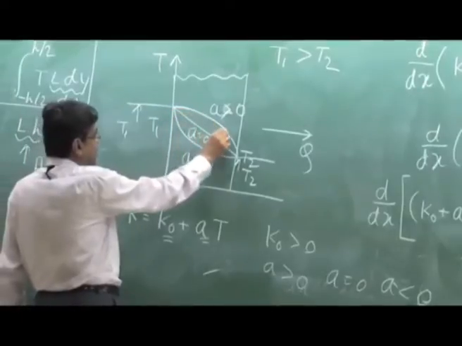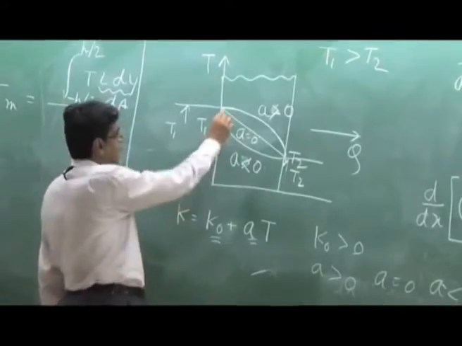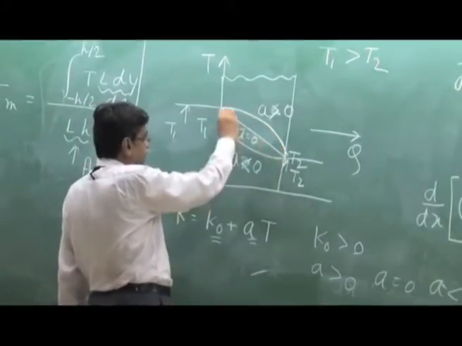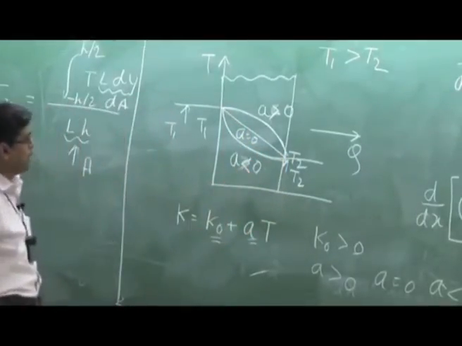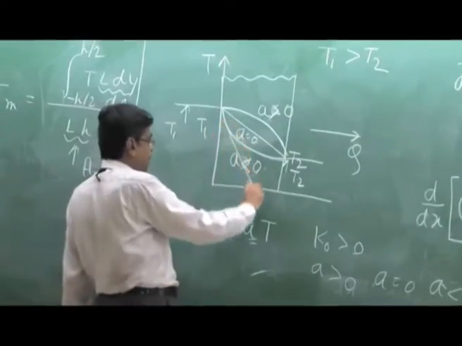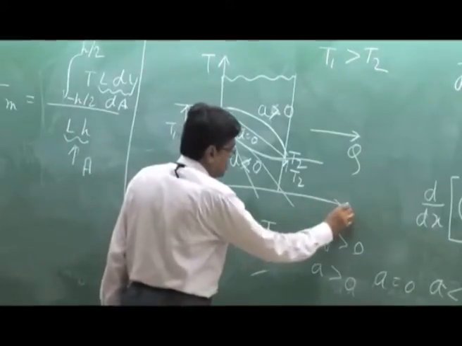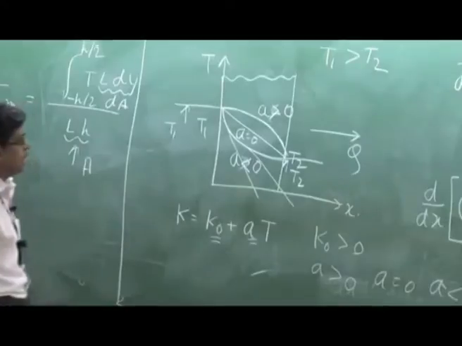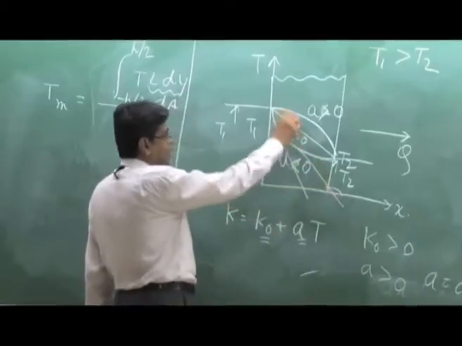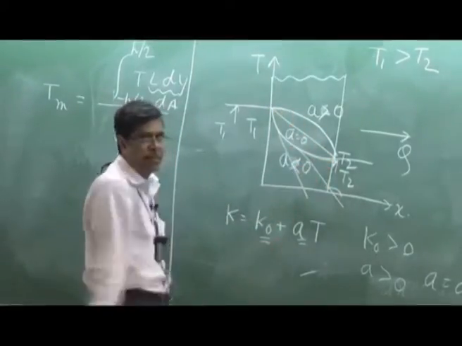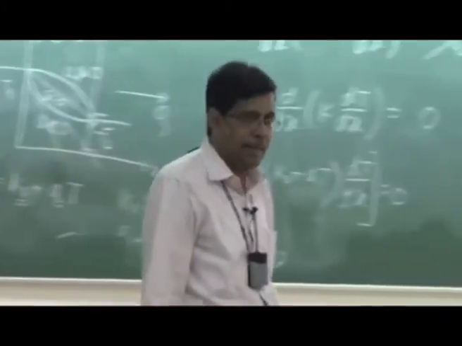In this case, the slope is decreasing. That means the curvature is negative. This is, sorry, this convex. This concave shape is, I am sorry, this is again, that slope is decreasing. That means if you draw a slope here and if you draw a slope here, with x, this curvature is positive, a less than 0. That means this slope is increasing, whereas here the slope is decreasing. That means a convex shape where the curvature is negative. d square T dx square is less than 0. Okay.